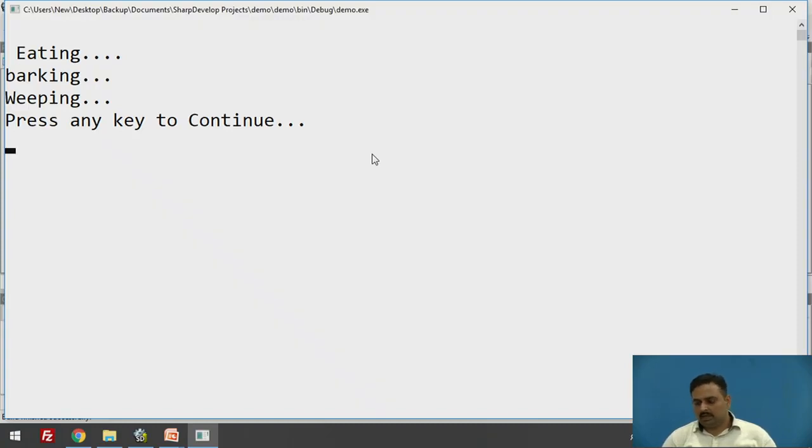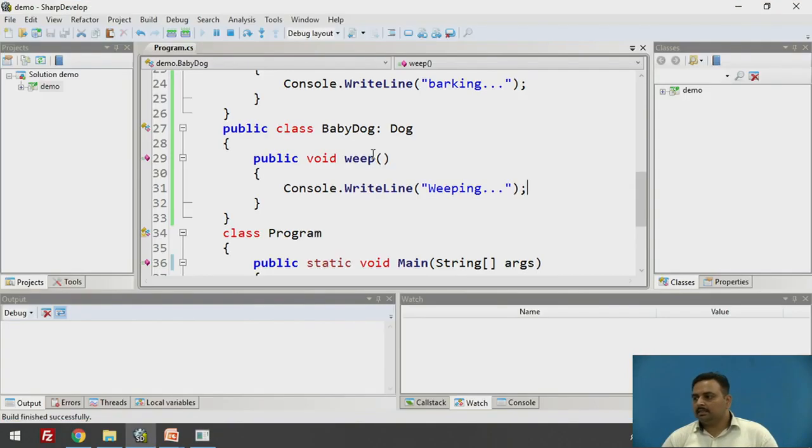So we can understand that using the object of the derived class we can access the repositories. Whenever I am talking about the repositories, it means the attributes and the behavior. Behavior means the methods of its own class and its parent class, and also of the grandfather class.